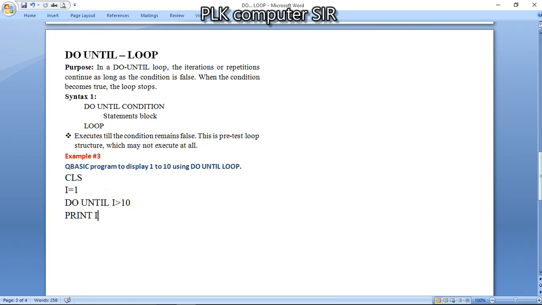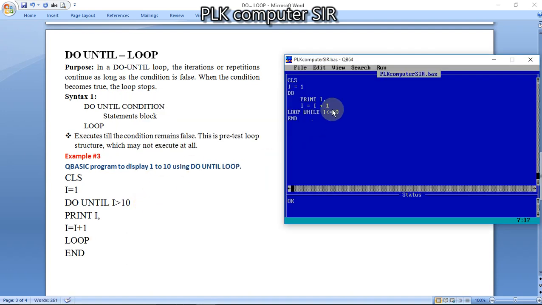Then print I with a comma, then increment I = I + 1, closing of the do until loop with end. Now I am going to run the code, my dear students. So here we have do until I greater than 10. Then what do we have to write here? We only have to write loop, the others are the same.